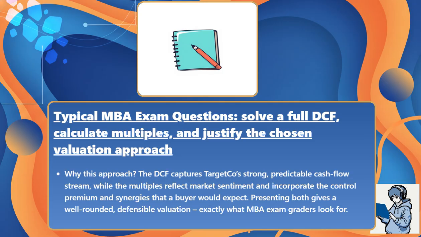Why this approach? The discounted cash flow captures Target Co's strong, predictable cash flow stream, while the multiples reflect market sentiment and incorporate the control premium and synergies that a buyer would expect. Presenting both gives a well-rounded, defensible valuation, exactly what